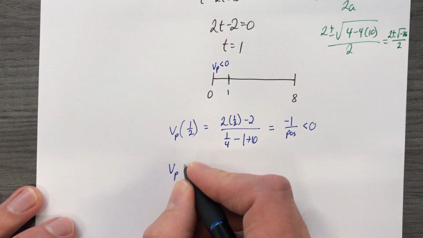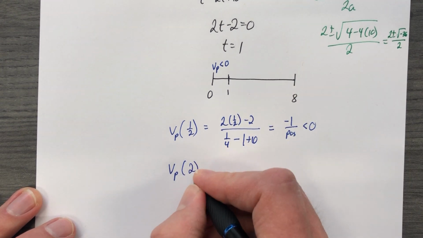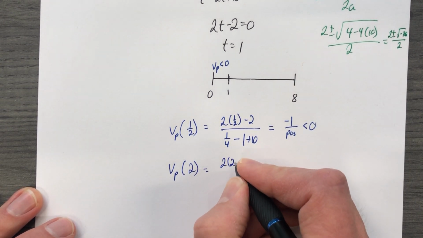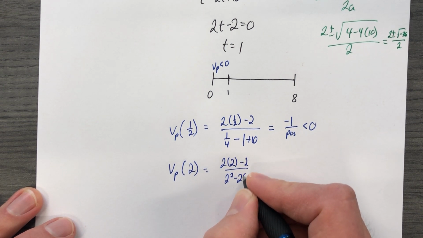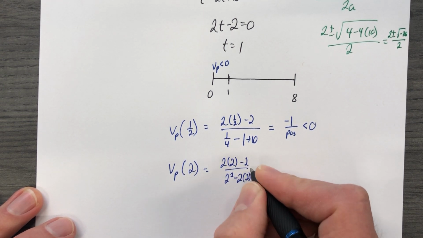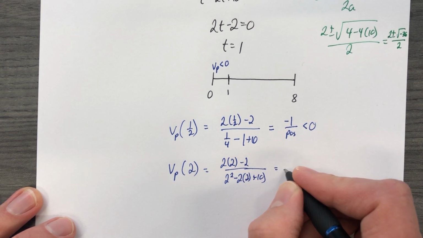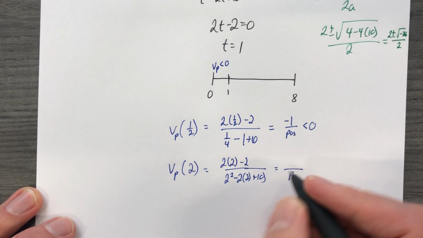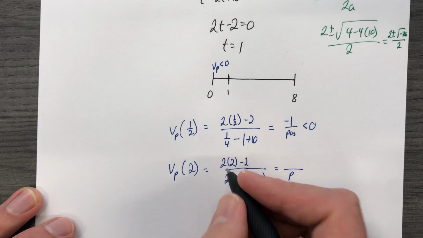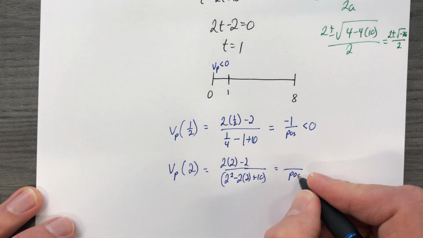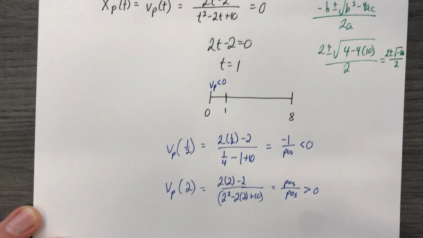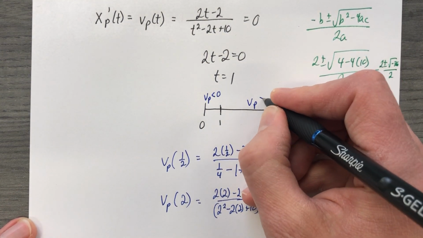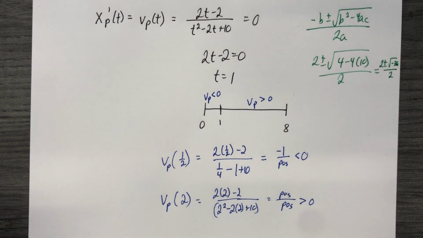The velocity of particle P, pick a number here. 2 is obvious. We'll do that. So (2 times 2 minus 2) over (2 squared minus 2 times 2 plus 10). That's going to give me a positive in the denominator, positive 10 in case you really care. Random parenthesis there, doesn't belong there. Now it fits. Positive and positive is going to give me a positive. So the velocity of particle P is positive here, which tells me fully the answer to my question, switching back